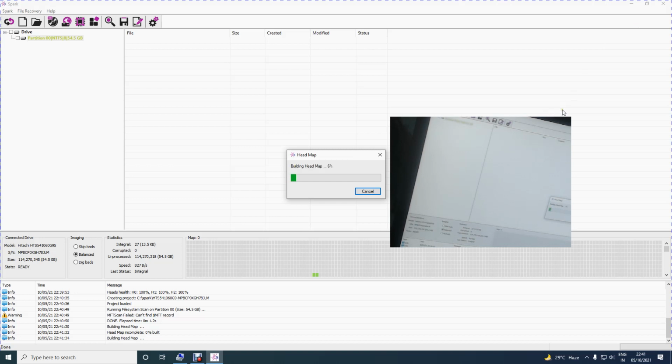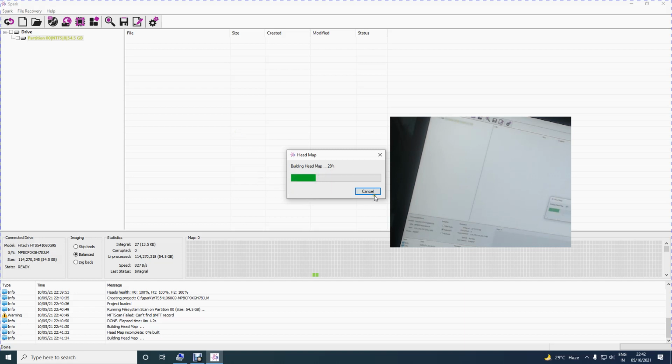Then you will find exactly how many heads it has and which head to enable or disable, in case the health of the heads is less than 70-80% or even 90%. Even at 90% certain heads do not give data, so we could close that head. Now it's building head map.